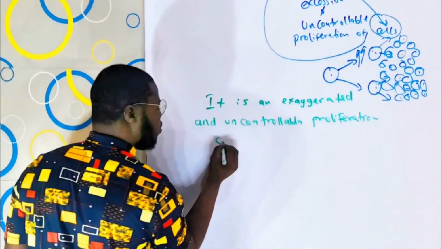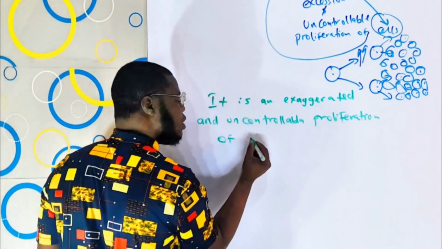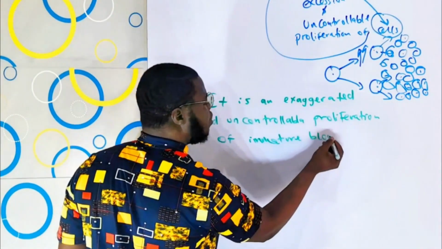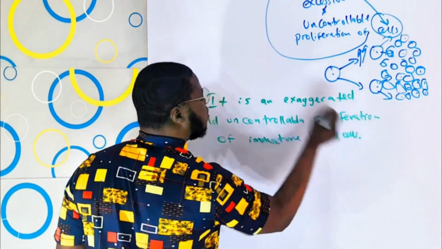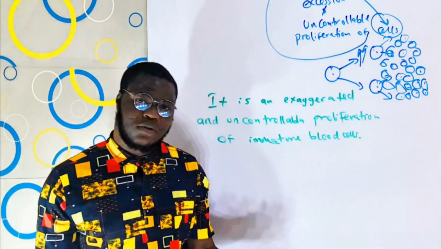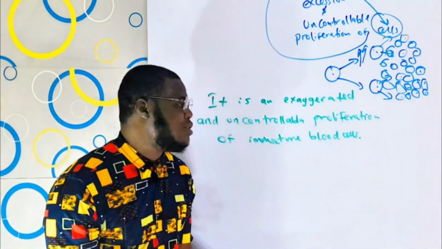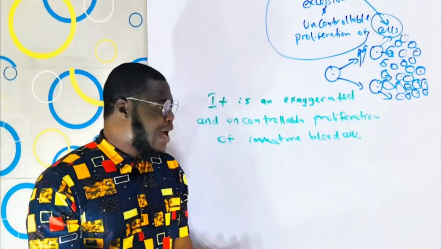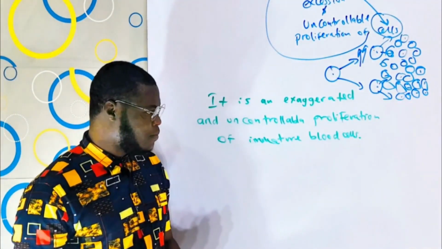But of what now? Of immature blood cells. As simple as that. So this can be said to be a perfect definition. And you can introduce things about this definition. And what are those things you can introduce? I'll get to that in a jiffy. But